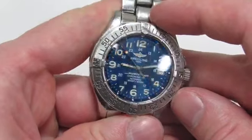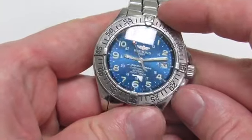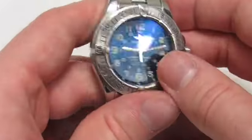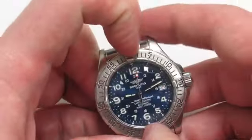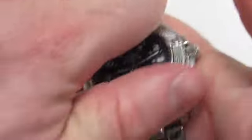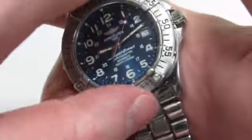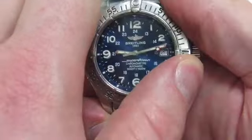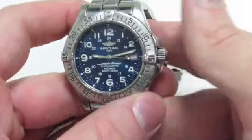the bezel. And guys, this is one of the hardest, sturdiest bezels that I've ever felt. That's a good thing, because if you're actually using this to go diving, it's definitely not going to move. I can deadlift 405 pounds, guys, and I'm telling you, this thing is pretty hard to turn. I'll say it again, I really love this watch, but let me know what you guys think in the comments